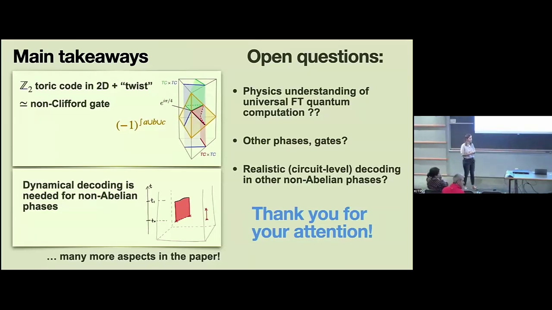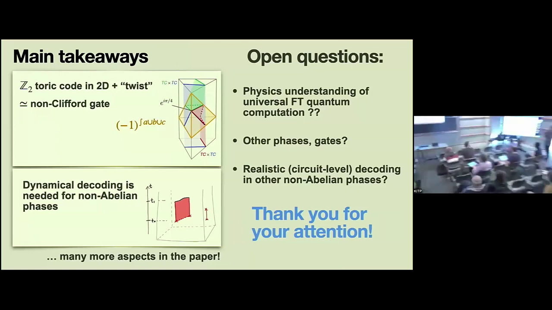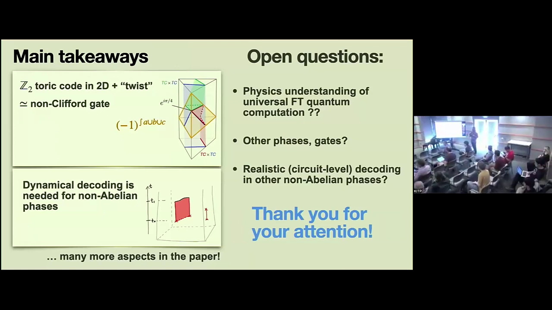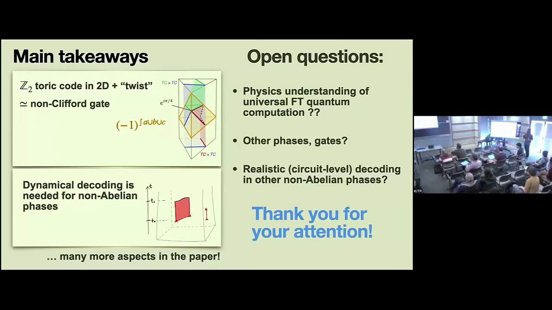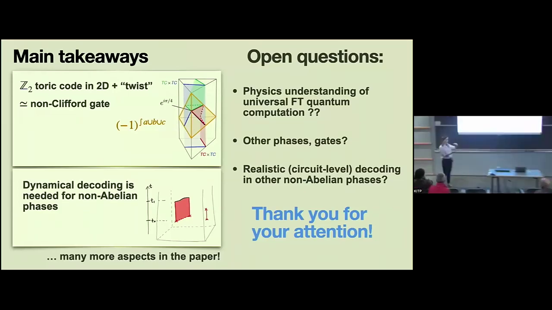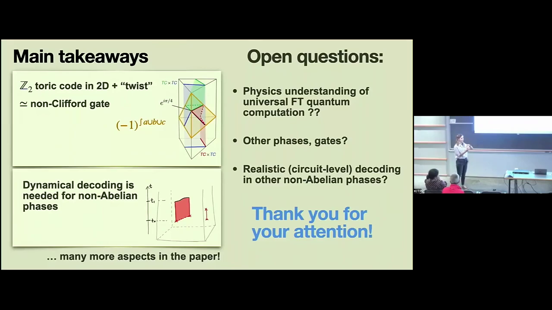So, since after some time you exit the non-abelian phase, in your protocol, can't you just wait and try to decode the errors afterwards, while you're in the toric code, where it's abelian and you like it more? What's the problem? Yes. So the problem is that it occurs whenever you have these anyon world lines, which correspond to non-abelian anyons, and they go for an extensive amount of time. So if you wait until your abelian phase, your anyon world lines go through both abelian and non-abelian, and they're still non-abelian in the non-abelian phase, and that's bad. Okay. So you have to really keep matching whenever you're in the non-abelian phase.